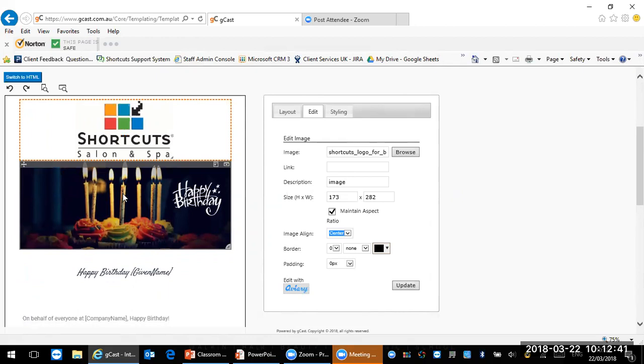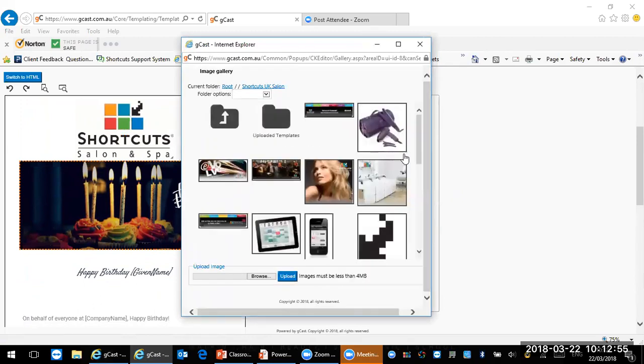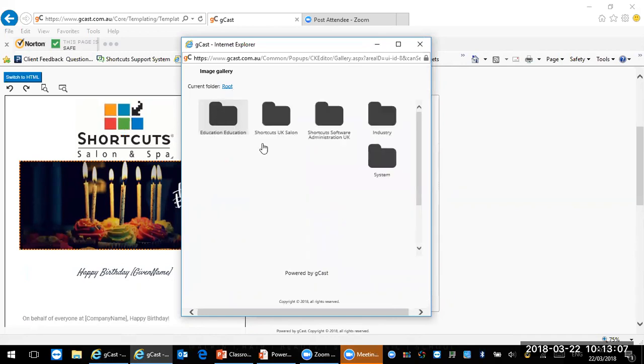Now, the actual picture of the birthday cake with the candles, if I click the picture, and then again on the box on the right-hand side, if I hit browse, you can upload your own images if you want to, through the browse and upload option there at the bottom, or you'll see on the left-hand side, there's a folder with an arrow in it. If you go into the folder with the arrow in it, we've actually already put some images in here for you. So if you go into Shortcut Software Administration UK,